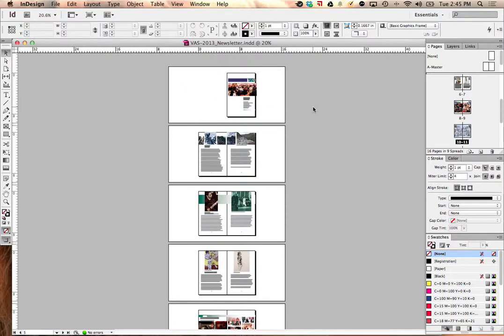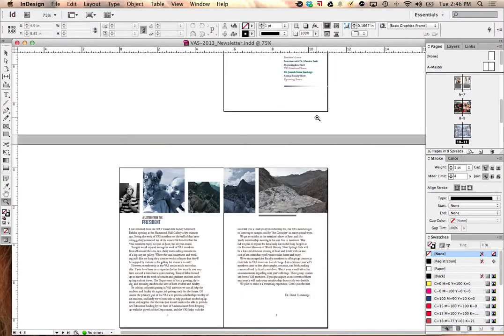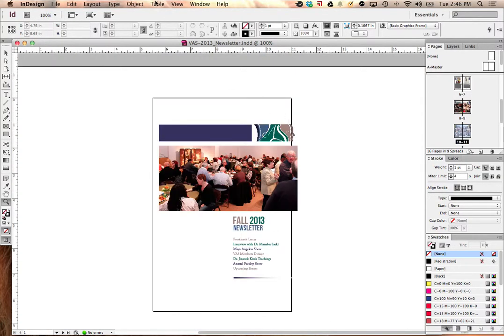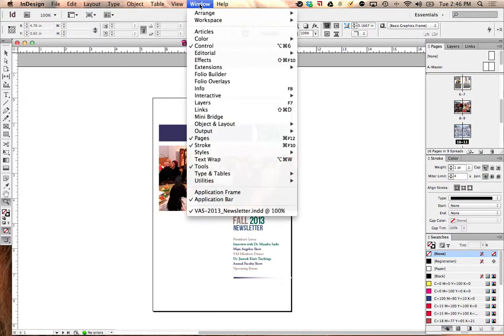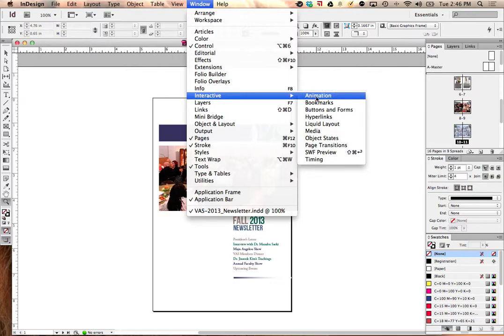Alrighty, so I'm just going to use a newsletter that I already made for the Visual Arts Society, and I'm going to show you how to make this interactive. It's pretty straightforward. What we're going to do is go to Windows, go to Interactive, and choose